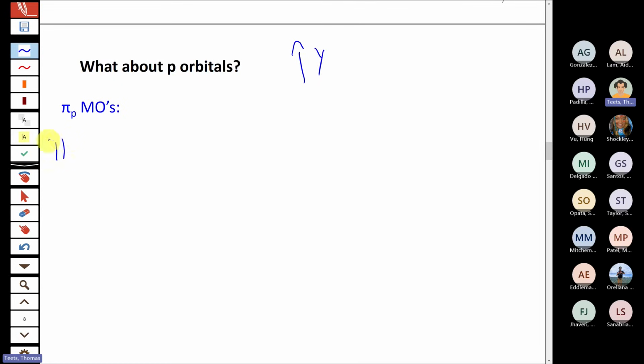So we can form a pi bonding orbital by in-phase combination of two py atomic orbitals. What this looks like now is two orbitals that are not pointing right at each other, but that are aligned side to side. We talked about pi bonding already, so it does line up with that picture that we've already developed in the context of valence bond theory.